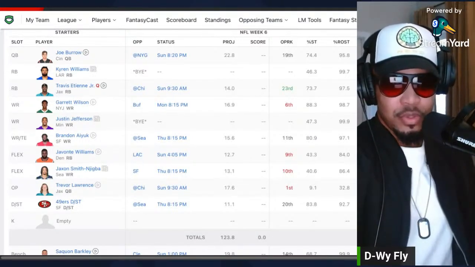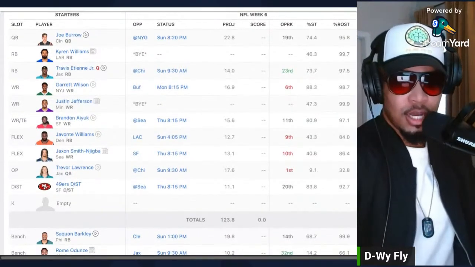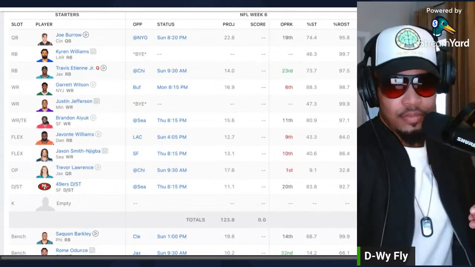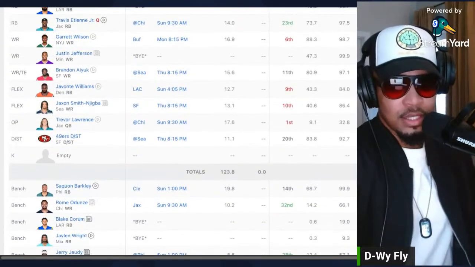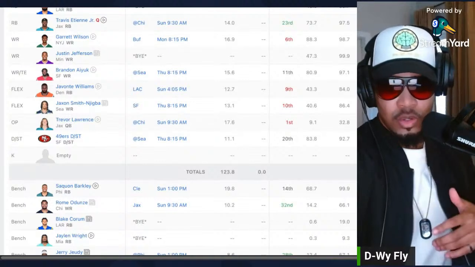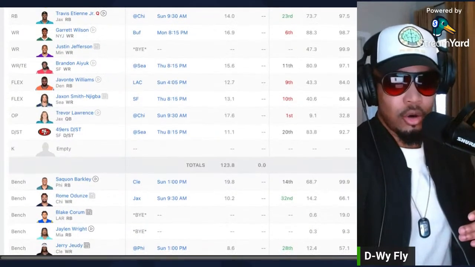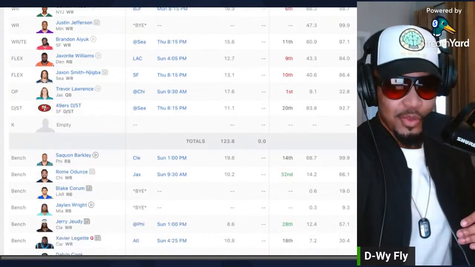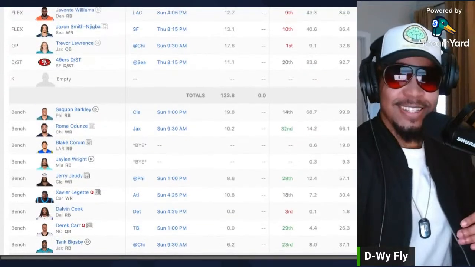Garrett Wilson, he's doing his thing. He'll be all right. They just fired Robert Saleh, so we'll see what happens with that. Brandon Aiyuk, he's a solid number 3. He got Javonte, Jackson Smith, and Jigba that you gonna fill in, and he got Trevor Lawrence. He's sitting at 17. Oh, he dropped the kicker. You dropped the kicker?